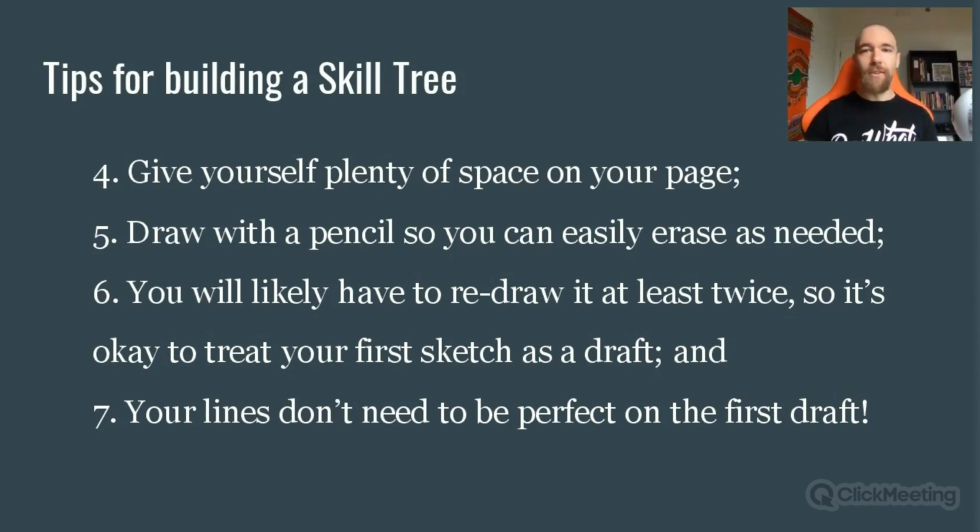Do it quickly. Don't do perfect lines. So last point here, don't do perfect lines because you will redraw it. Okay. Well, these are some tips when you do it,